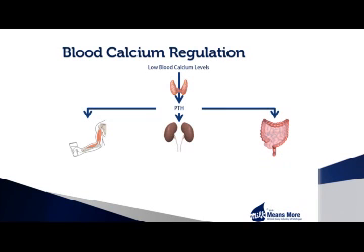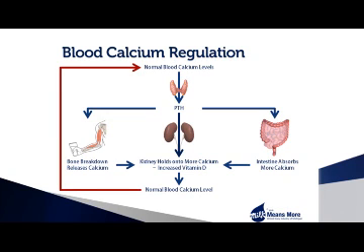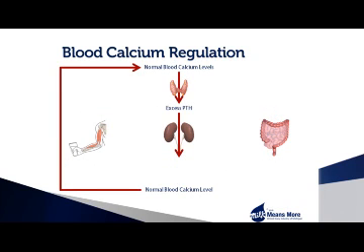Low blood levels of calcium stimulate the parathyroid gland to release parathyroid hormone. PTH raises blood calcium level by breaking down bone to release calcium, increasing GI absorption of calcium along with vitamin D and phosphorus, and reducing urinary calcium loss. When calcium levels normalize, PTH production stops, and excess PTH is excreted via the renal proximal tubule.